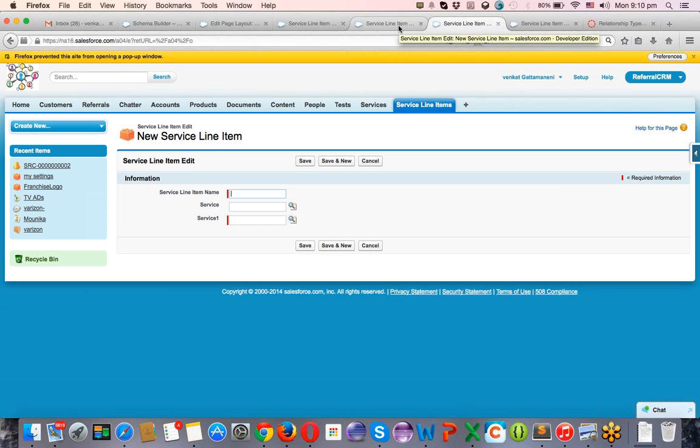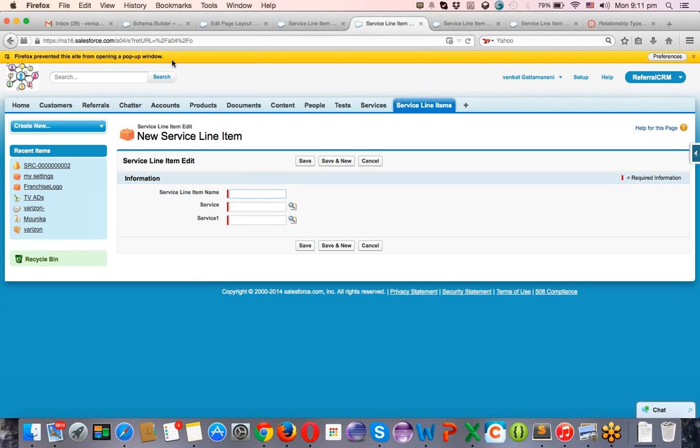Okay, got it. And again, the main difference is, suppose now service line item, if it is a lookup relationship from service line item to services, you can create a service line item without the parent object also in the lookup relationship. But in case of master detail relationship, you cannot create a service line item without services, because you must enter the value of service, the parent service. Okay. You got the difference, Monica? Yeah, got it. Yeah, let's discuss the same thing in the next class also.